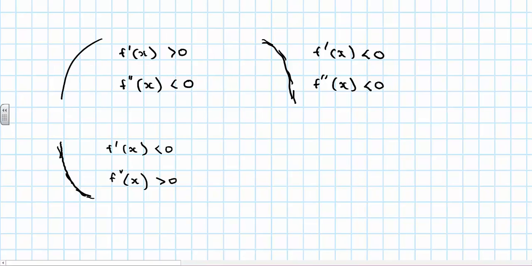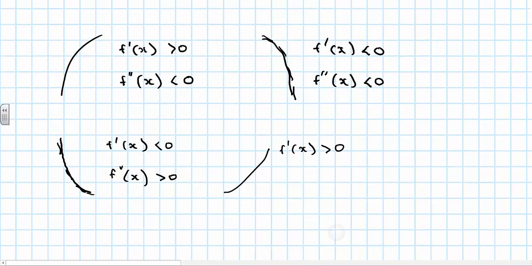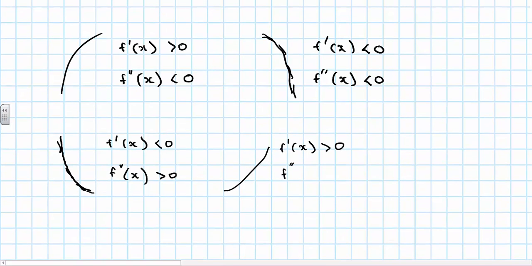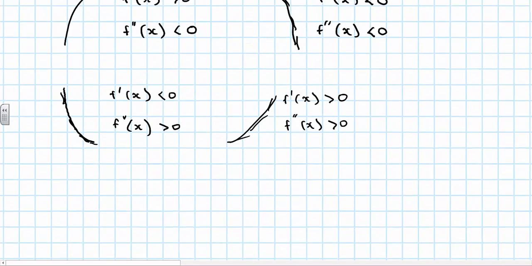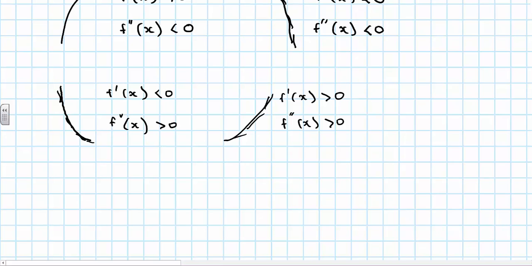So they're increasing. And here's my other case where f dash x is positive and f double dash x is positive because those gradient functions are moving from 0 towards a larger number, so they're increasing. And finally, we have that